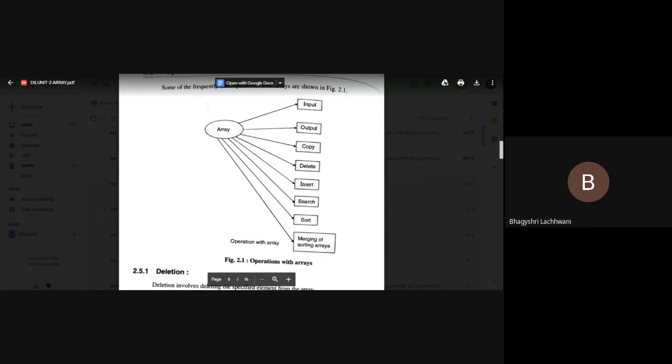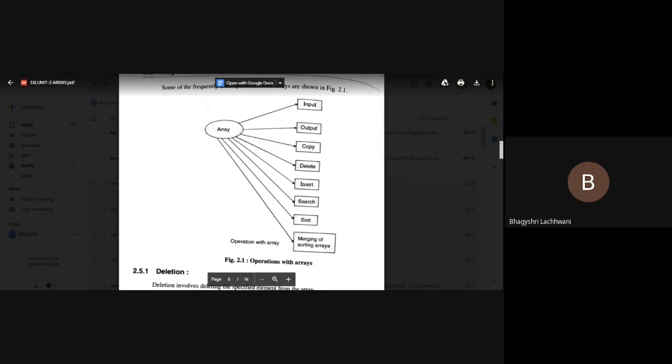First two are basic, that is input and output. Then copy, that means you have to copy the whole array from one array to another array. Delete, you have to delete one element from the array, so it depends on from where you have to delete. Update the positions, update the values of the remaining elements and decrease the array size by 1. Next is insert, you have to insert one element. If it is at the first position, just shift the remaining values to the right. If it is at the last position, just put the new value at the last position. If it is in between, then after that position the values will be shifted one place right, and increase the array size by 1.